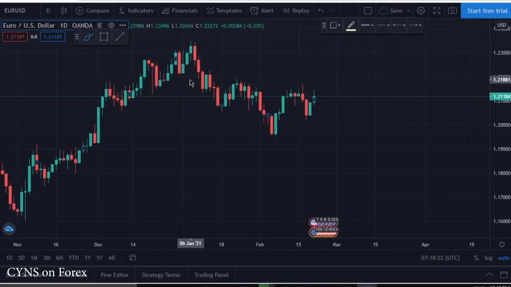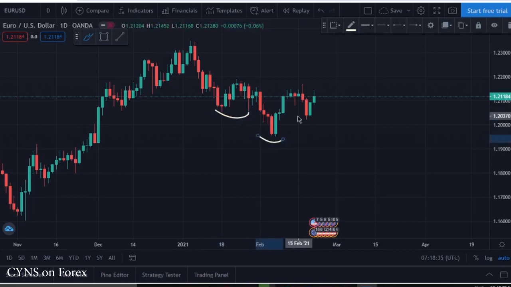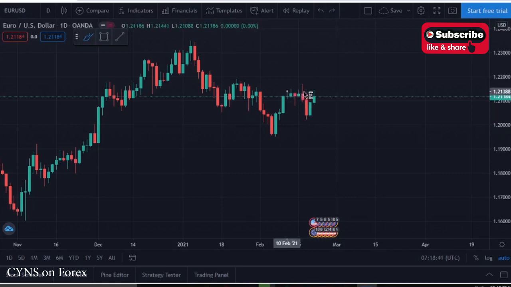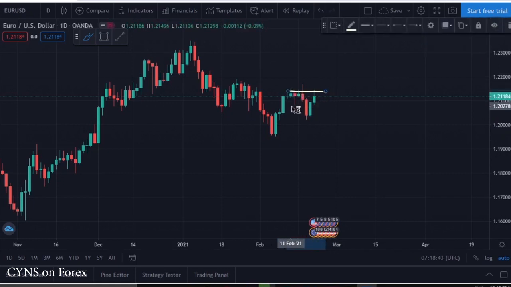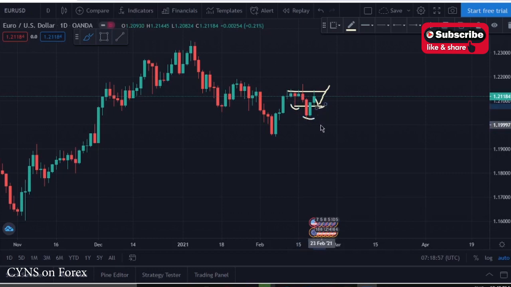Now we consider the daily time frame. In the daily time frame, we can see a nice rejection of this area, which we discussed in our previous video. Currently we can see a nice inverted head and shoulders pattern, as well as a nice resistance area, and the market rejected from this area. But we can see another nice support in this area, because we can expect the market to move to the upside, continuously creating another inverted head and shoulders pattern. So in the monthly, weekly and daily time frames, the market can potentially move to the upside.